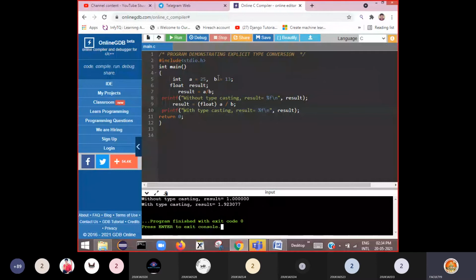So 25 by 13, integer by integer, you will get integer result 1, and that will be stored in the variable result as 1.00. But when you perform typecasting, A will be converted first into floating point type 25.0, then implicit type conversion will be performed on B. B is also converted to float 13.0, it becomes 25.0 by 13.0, then you will get a floating point number.